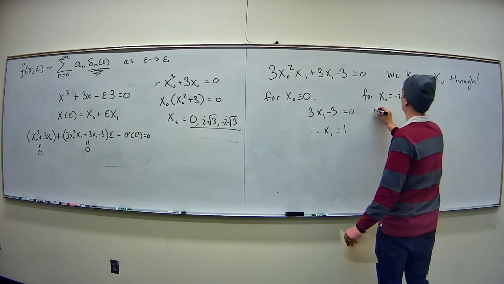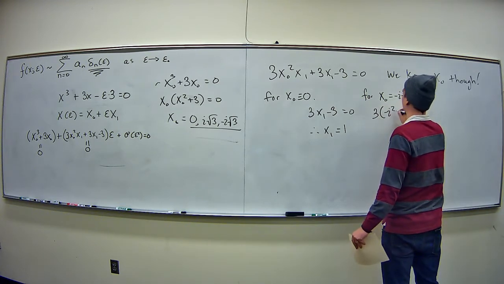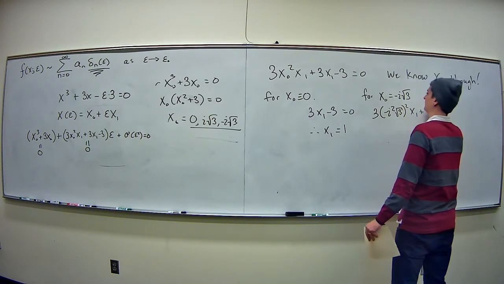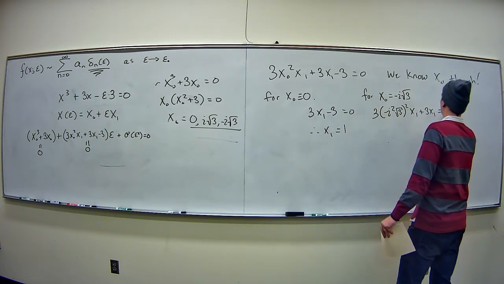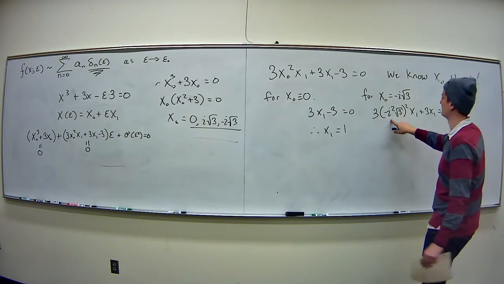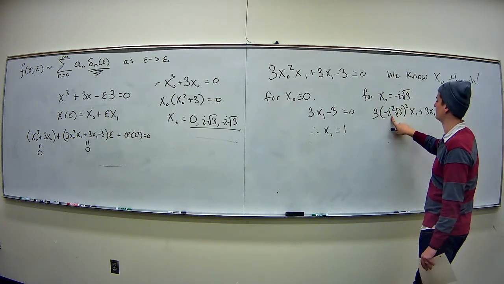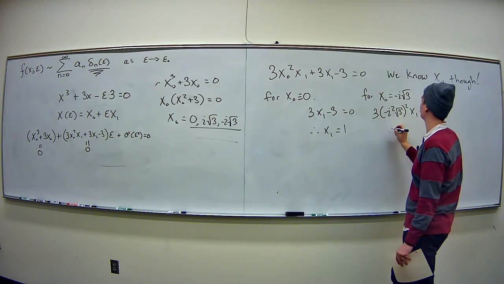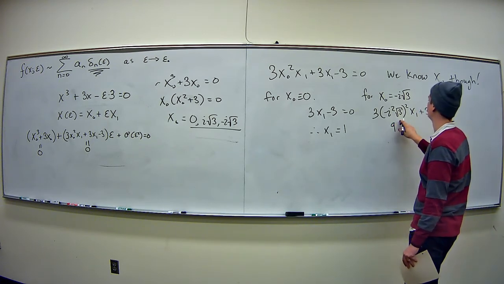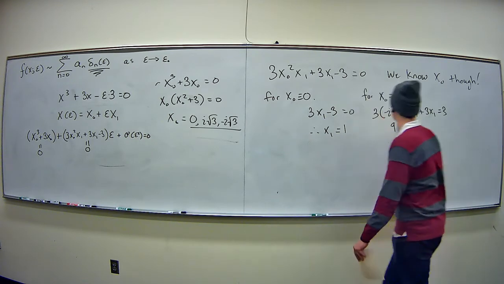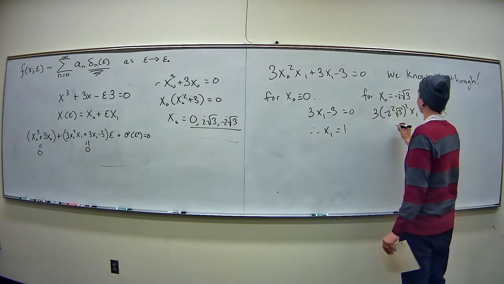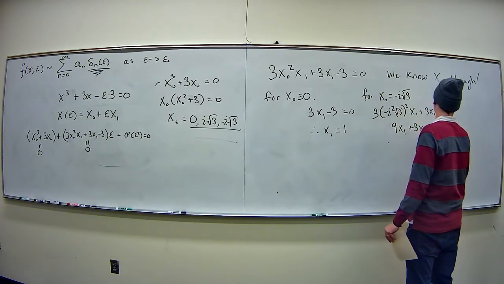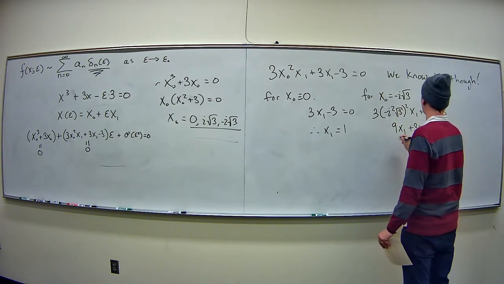So this would then be 3 negative i squared x1 plus 3. So then this becomes a negative 1. This becomes a negative 1. That's 1. So this becomes 3. So now I have 3 times 3. No, 3. Yeah, 3. Then I have 3 times 3. 9x1 plus 3x1. This is then